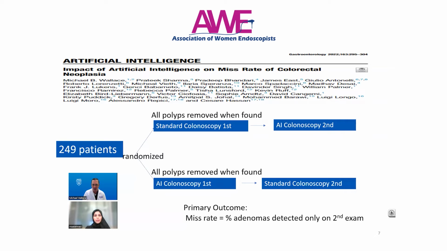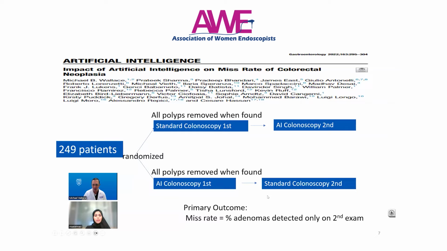You can see it didn't require as many patients to achieve significance. But 249 patients were randomized to 2 colonoscopies, and only the order was changed. So either they got a standard colonoscopy first or an AI colonoscopy first. And in this case, all the polyps were removed when they were found. So when they got that second procedure, the only polyps that remained were polyps that were missed on the first